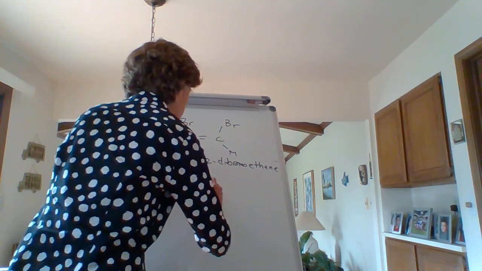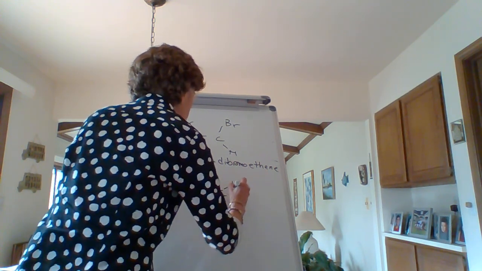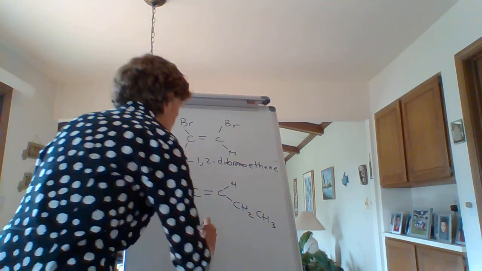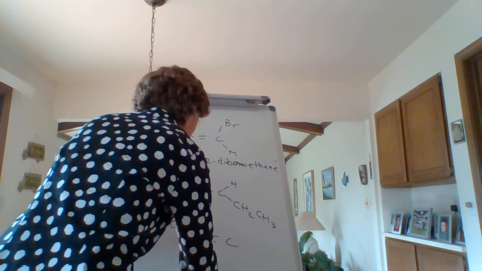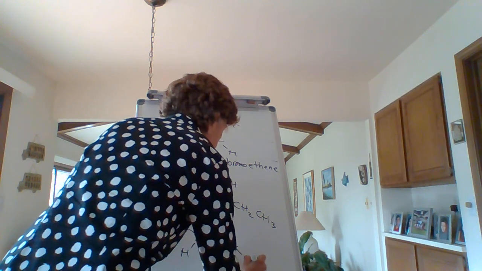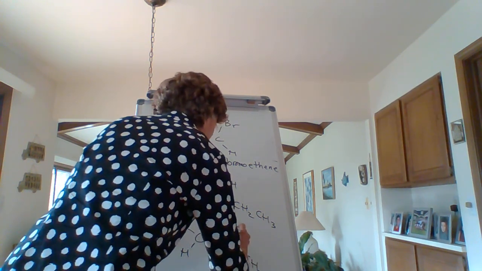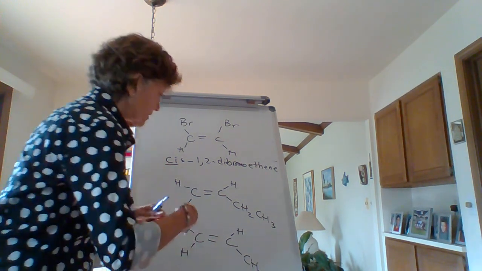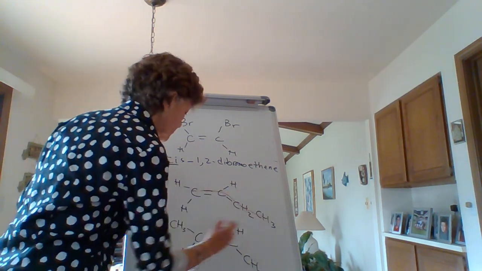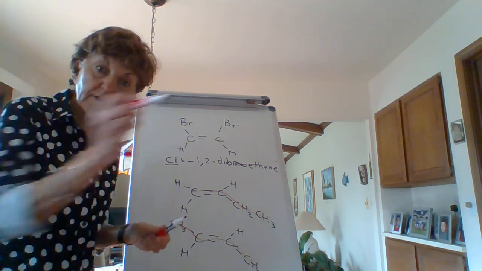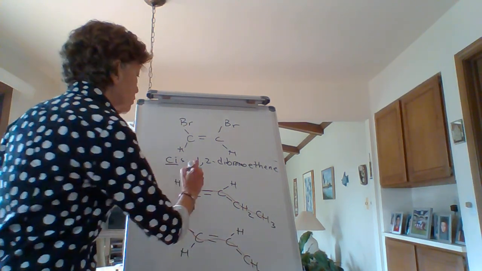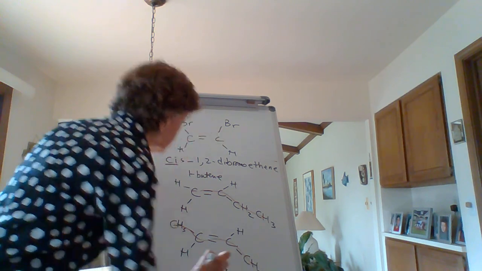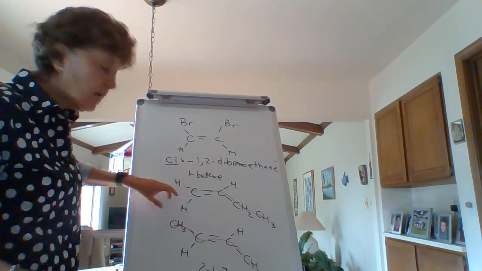If you have this, or you have something like this. All right, so this is butene and this is butene. Can you guys see that? Longest parent chain, butene and butene. This is 1-butene. This is 2-butene. But notice over here, you have 2 hydrogens attached to this carbon, and so you're not allowed